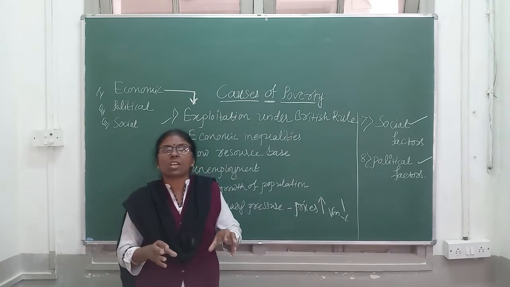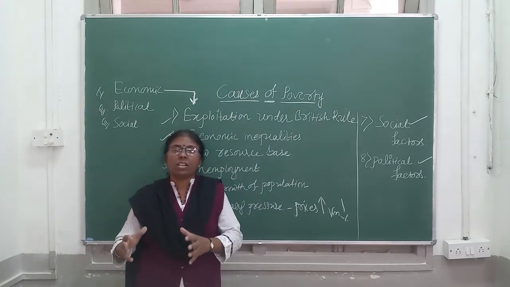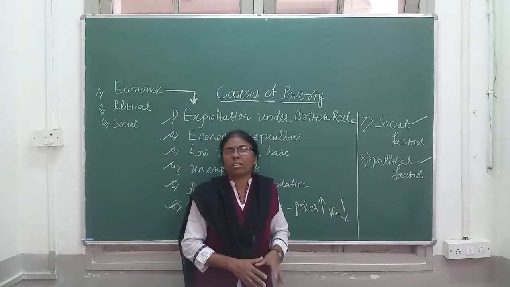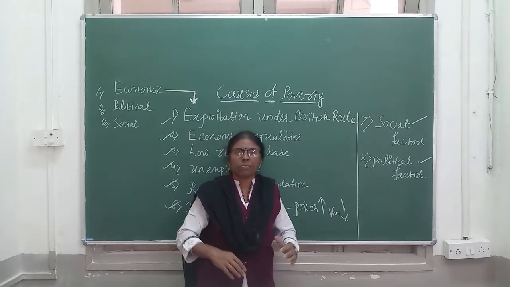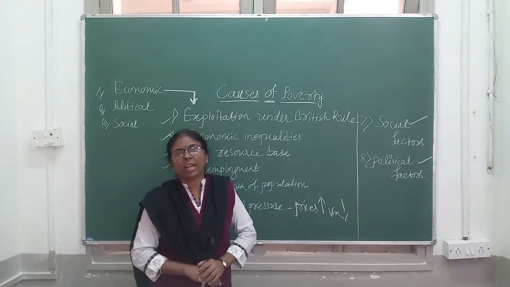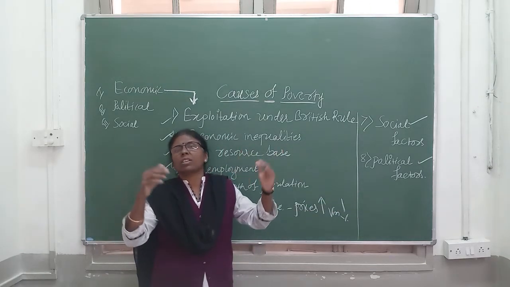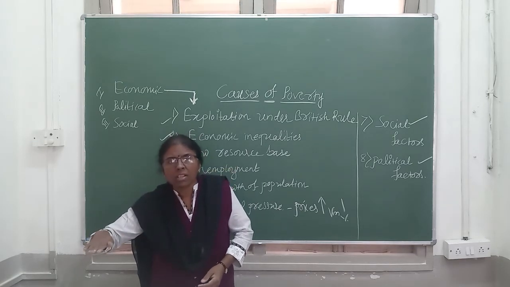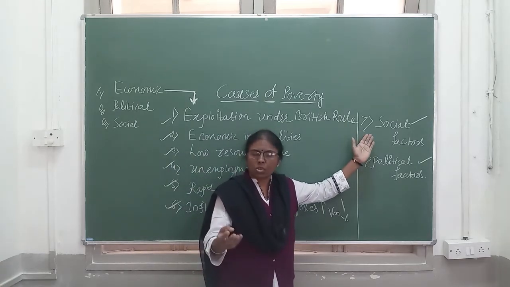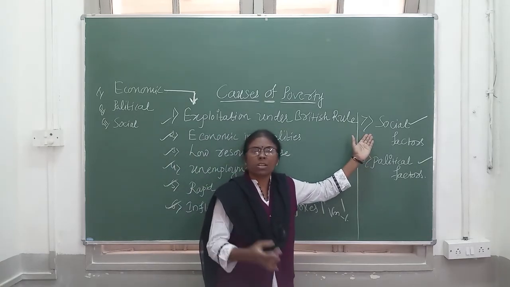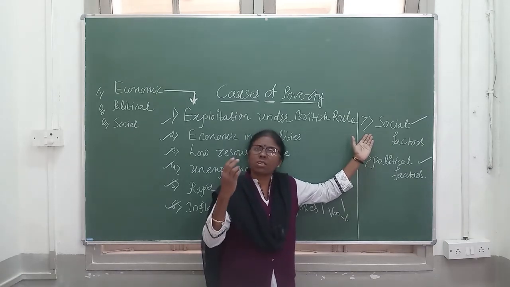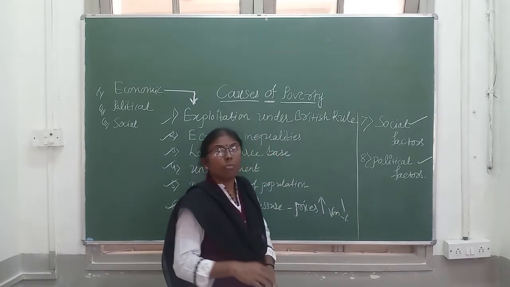Certain restrictions are there, religious restrictions are there, and forcibly we have to follow all these things, and forcibly we have to spend on all these unproductive activities. Yes, and we have to borrow from others, and we have to carry out these unproductive activities, and the burden of debt goes on increasing, and they are living under or below the poverty line. Is it clear? So social factors like joint family system, caste system, customs, traditions, blind beliefs are also responsible for what? Poverty. And then come to the next one, political factors.